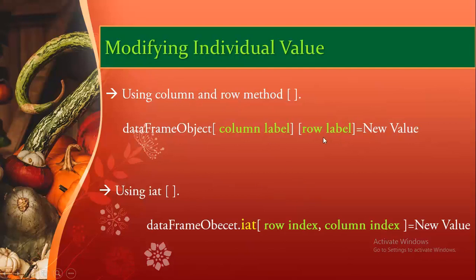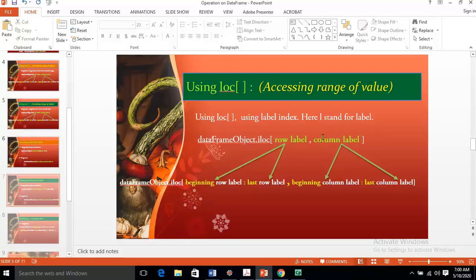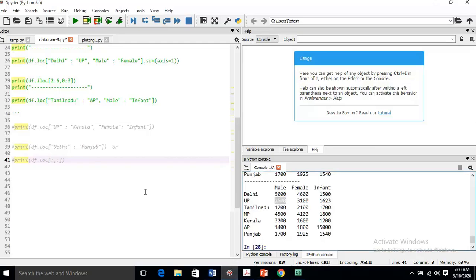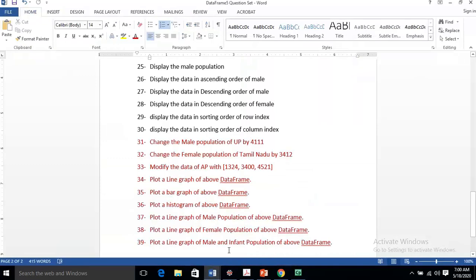First is the column label, then row label. Again let me read the question: change the male population by 411.